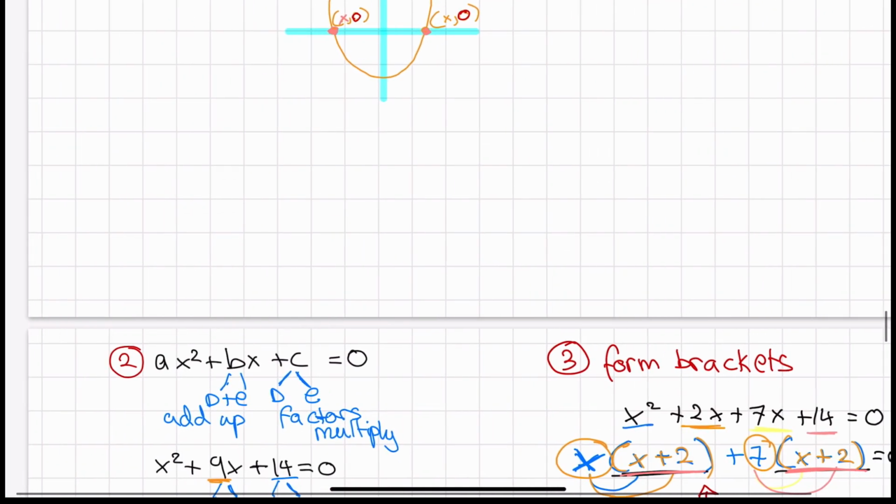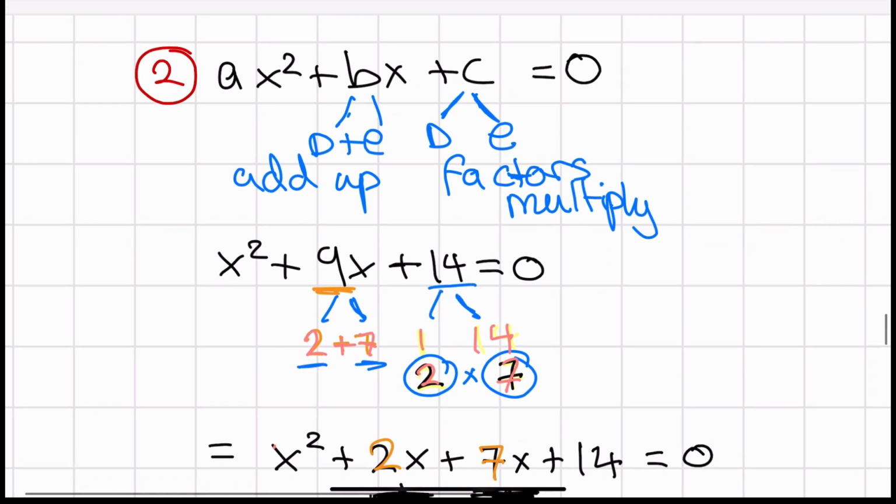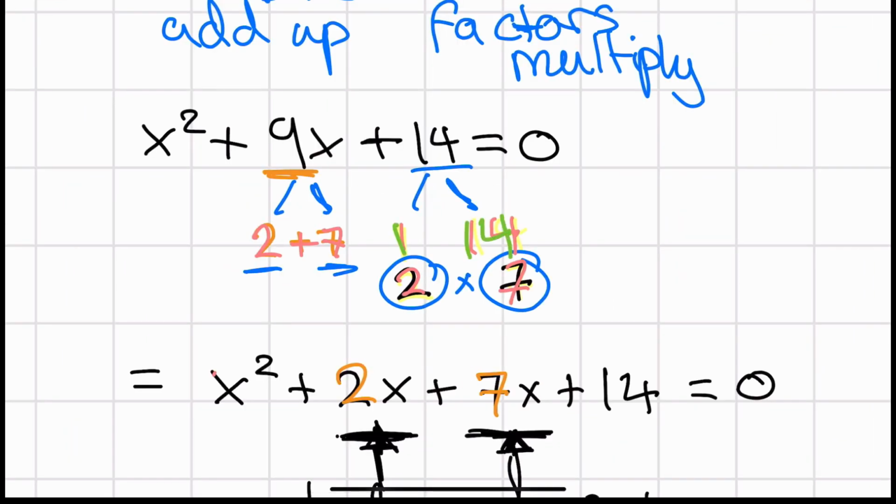In this way, we'll be left with something still a little bit complex, but we'll be able to go on to the next step, which is finding two factors of the third term that add up to become the second term. 1 and 14 are factors of 14. 2 and 7 are also factors of 14. And we are going to pick out 2 and 7